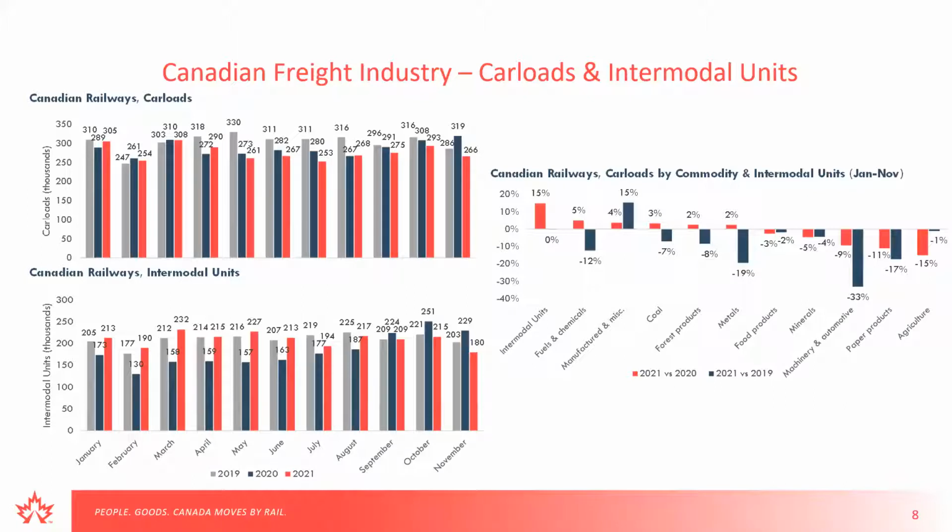But if you look by month, we see that the first few months were quite good. And then just in the last couple months of the year, October, November, we start to see a decline, the red bars in that bottom graph. And I don't think the December number is going to look too strong, just because of all the port dwell times and things like that. So intermodal, I guess the whole trend of the year was the last few months have been a bit challenging, and it's kind of affecting the overall annual numbers.